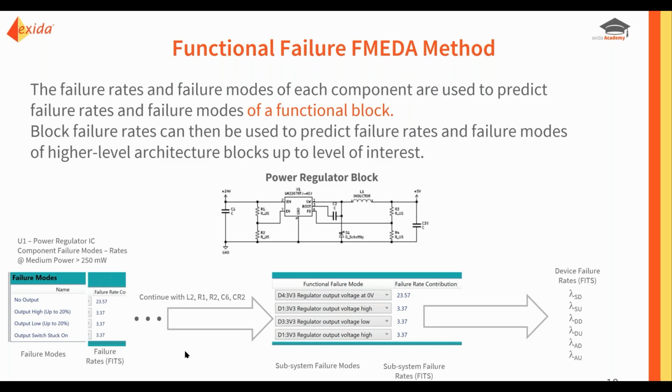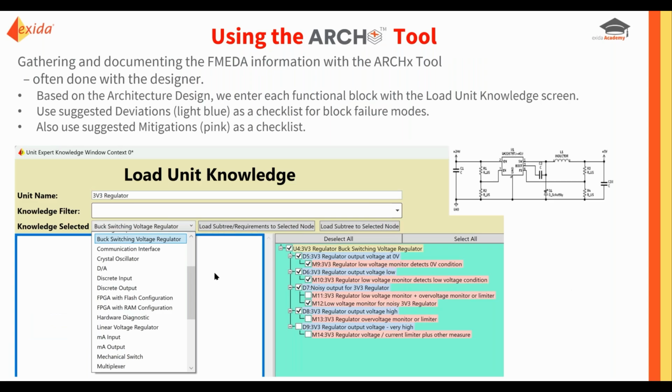And you can see it's really a lot easier to focus on one block and the failure mode of each block one at a time than it is to trace back and forth through many different blocks and many different rounds of components to figure out exactly how these things are properly mapped. Now, we are using the ARCHx tool because we not only wanted to follow this process, but we wanted to follow it with a lot of help because that makes it faster and better. We document the information also, and it generates nice reports, and everything's all clean, and it's really good evidence for